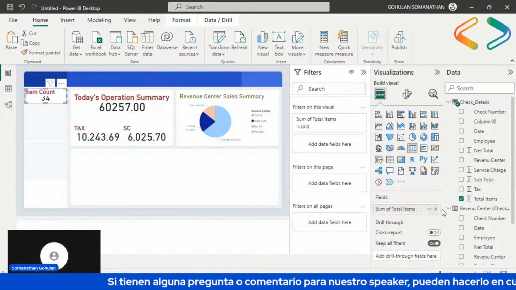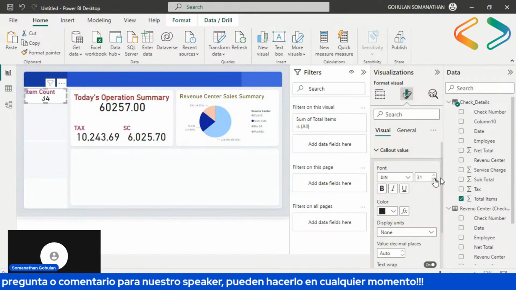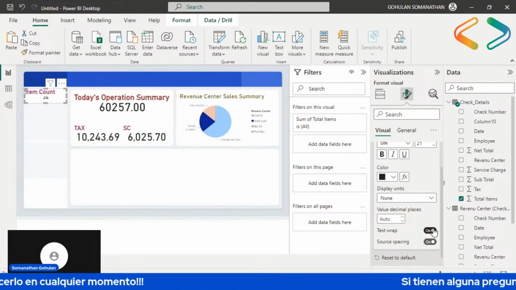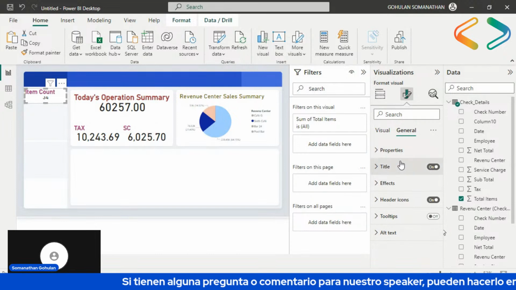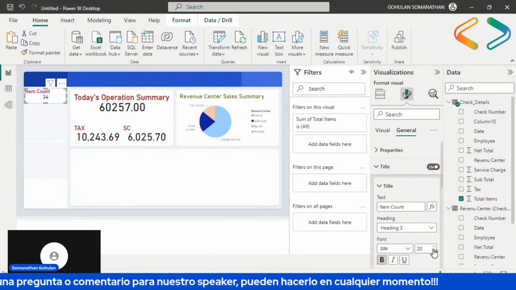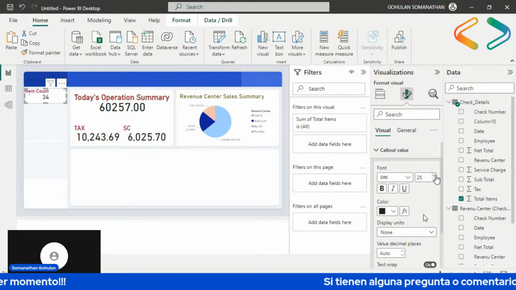Display units are okay and text wrap is off. I'm going to reduce the title as well, so the callout value will be clearer, and we'll increase the size.